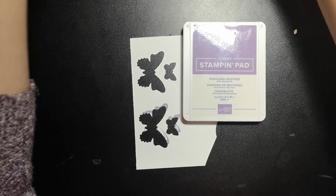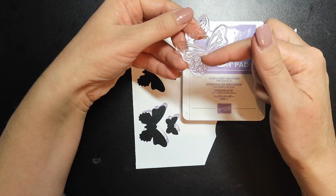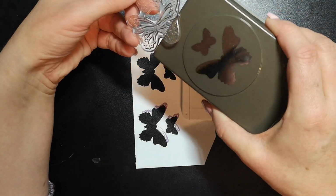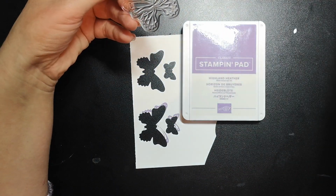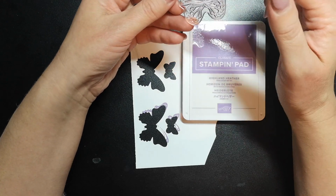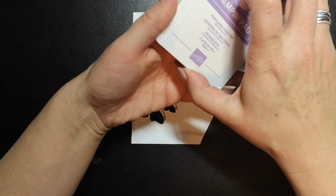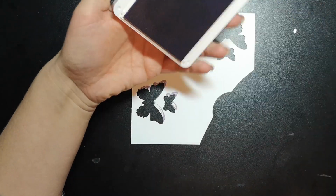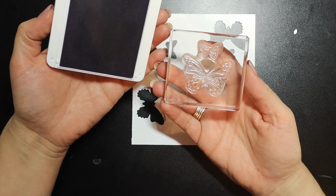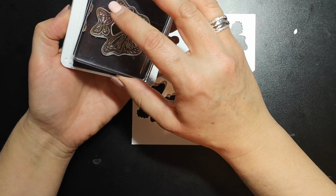So the stamps come, that's one of the stamps. And they're joined together, a little butterfly and a big butterfly, just as they are on the punch. I have seen some demonstrators cutting those apart, which is absolutely fine. I haven't, I just wasn't brave enough to do it. So with my stamp intact, I'm just going to load that up onto my ink pad